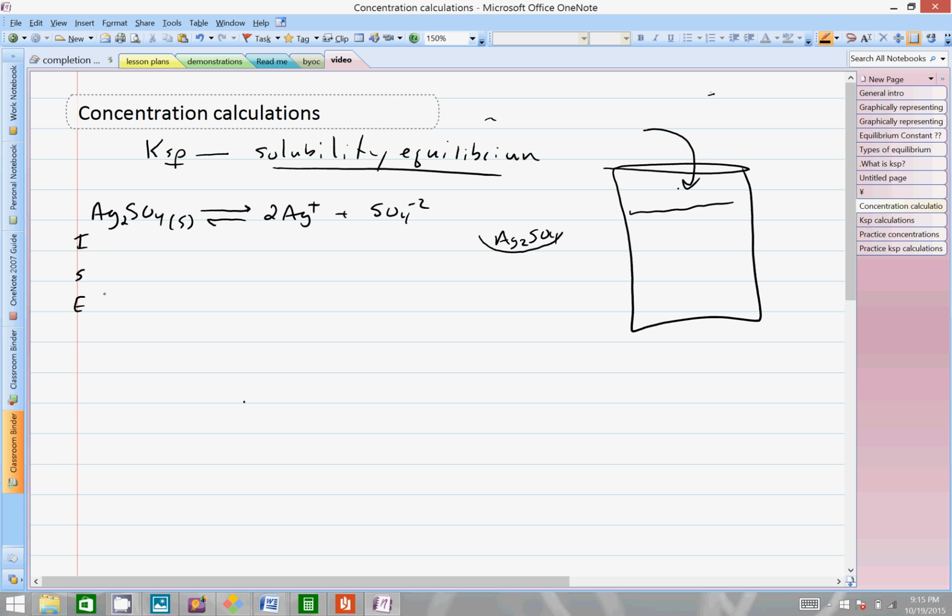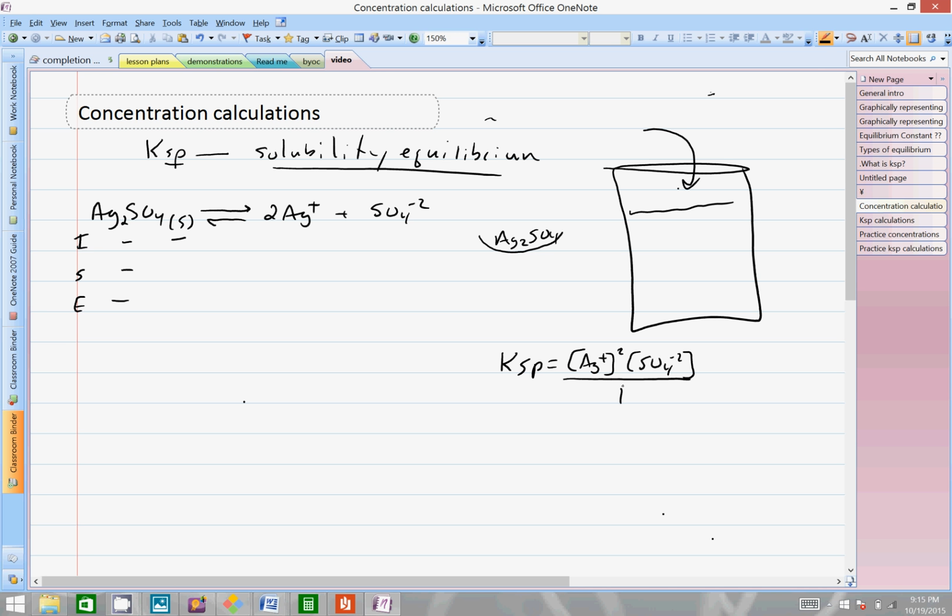Keep in mind this is a solid, so solids will not affect equilibrium. In this case, my KSP I usually leave to the right side. KSP will equal the concentration of my products over my reactants. My products are Ag plus squared and SO4 minus 2. My reactants, well, there is only one. It's a solid, so there's nothing. Just leave it as empty or with a 1. Okay,